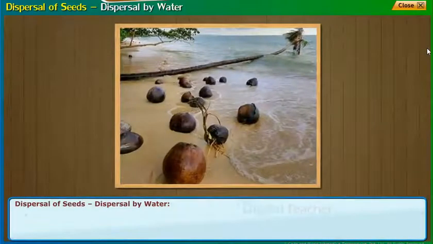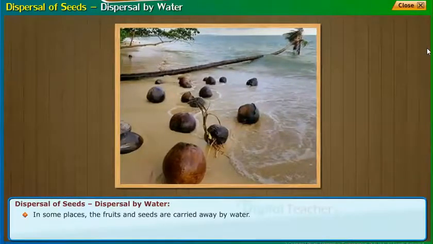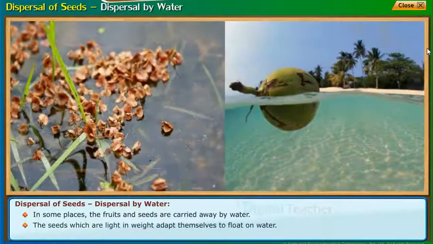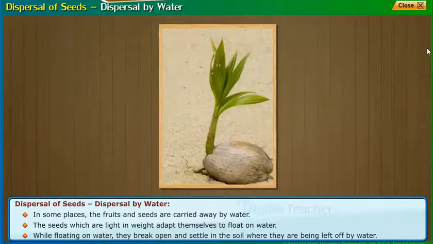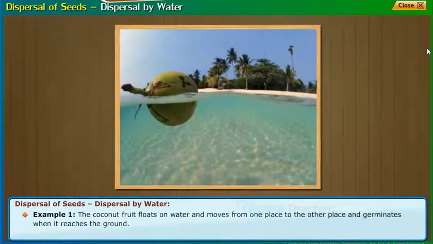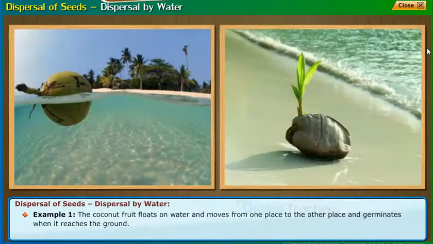Dispersal by water. In some places, the fruits and seeds are carried away by water. The seeds, which are light in weight, adapt themselves to float on water. While floating on water, they break open and settle in the soil where they are left off by water. Example 1. The coconut fruit floats on water and moves from one place to the other place and germinates when